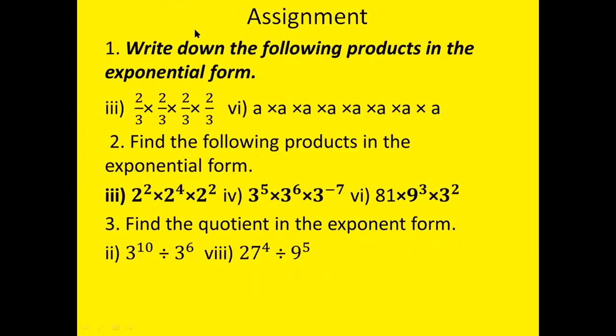And these are the assignment, as we have done similar questions in our class work, okay. Here in 27 you can write 3 cube, okay. In 9 you can write 3 square to make the powers. Here in 81 means 3 to the power 4 you have to write. In 9 means 3 square you can write. Then all the bases will be the same. Then you can apply the laws of indices. You can do all these questions easily. 2 by 3 whole power, 1 plus 1 plus 1 plus 1 you have to do. A power 1 plus 1 plus 1 plus 1 plus 1 plus 1 plus 1 plus 1. Then the answer will come, a to the power of the added powers.